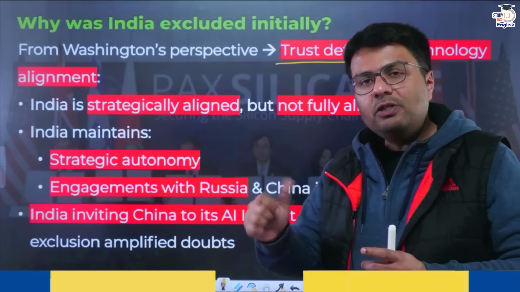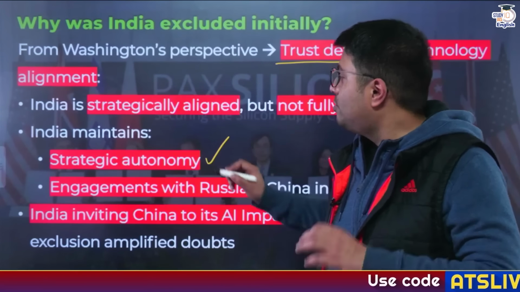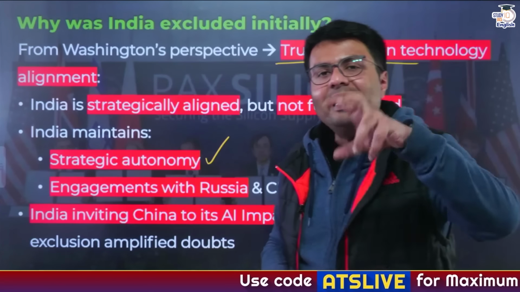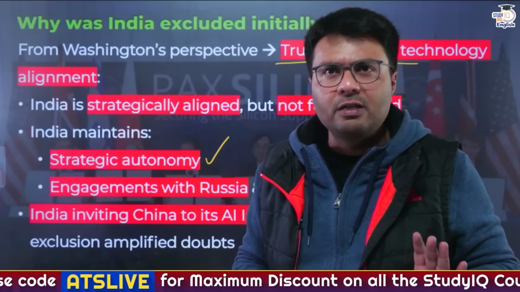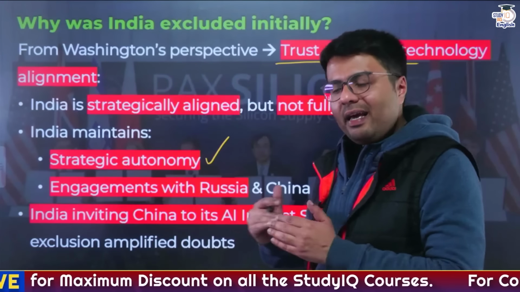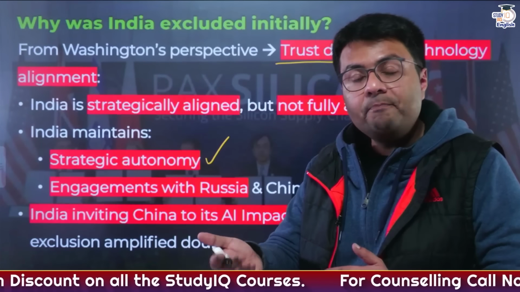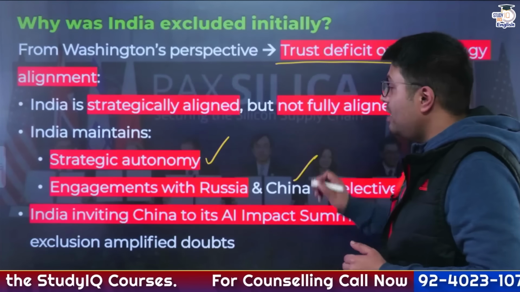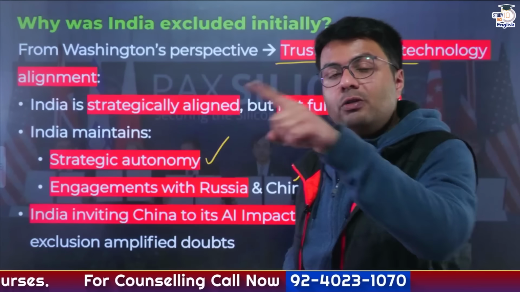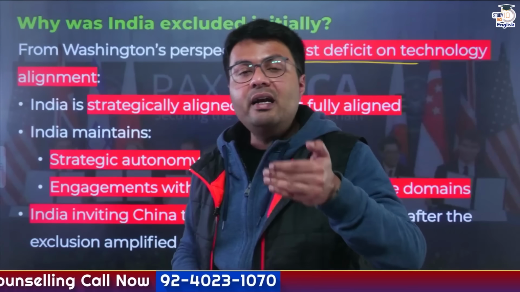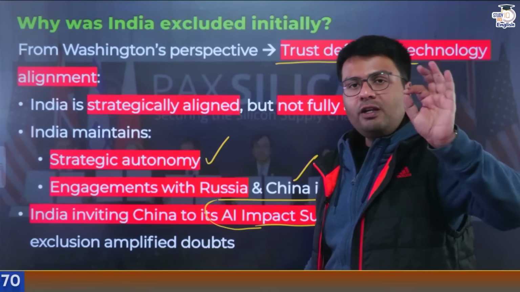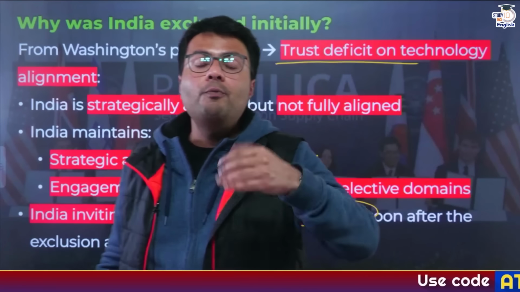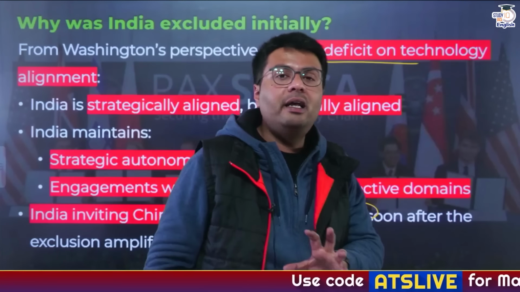Now, this strategic alignment of India, which is called strategic autonomy, means that India all the time is not fully aligned with each and everything that the US suggests, right? So for that matter, India has continuously engaged with Russia. India has even tried to engage with China selectively, and this was seen last month when India invited China to its AI Impact Summit, right? So this was the first reason which was cited by many why the US did not accept India as a member